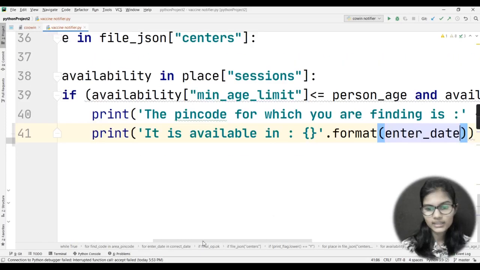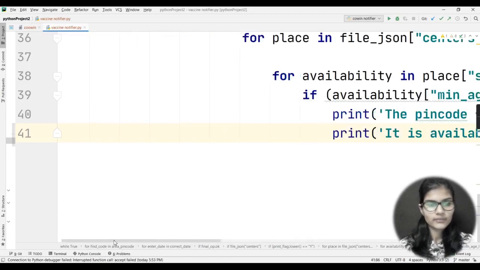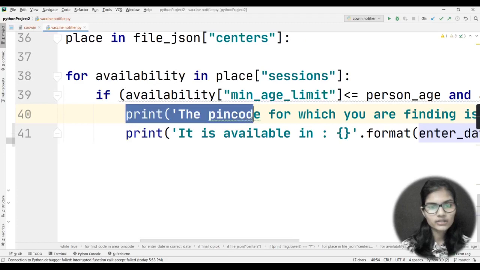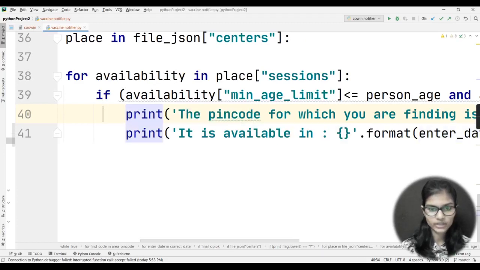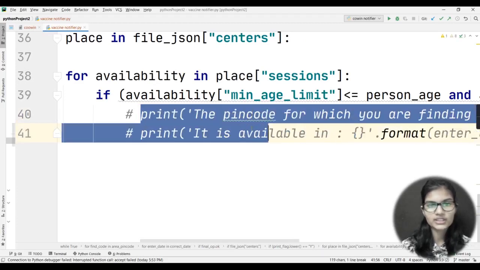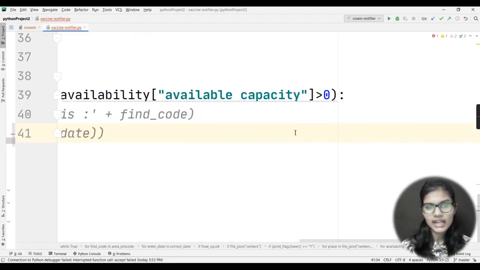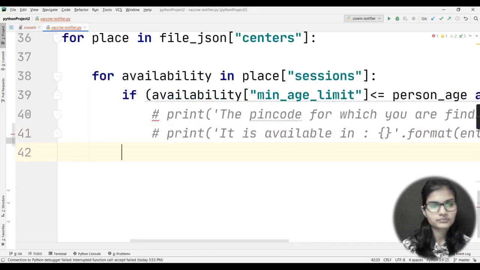Let me quickly go back here. Right, so what I was doing is that I would comment both of these lines for now. I'm commenting these lines because these are exceptional. If you have a choice, you can put them. If you do not want, then it's absolutely fine. I would come down to the next line.